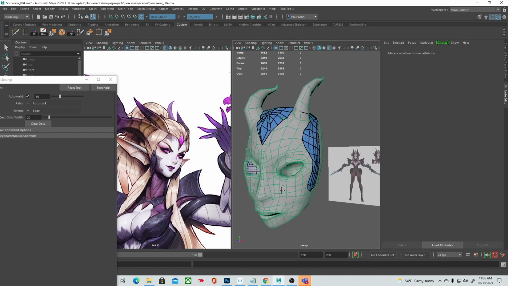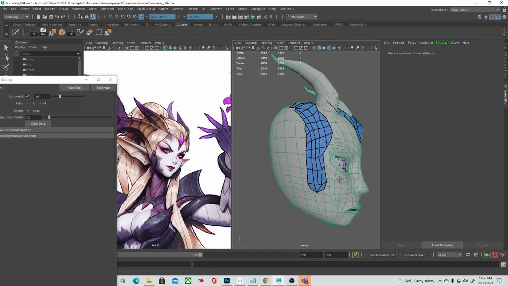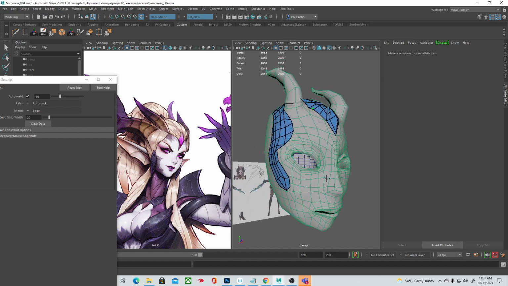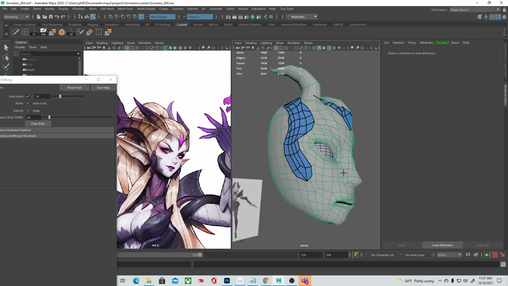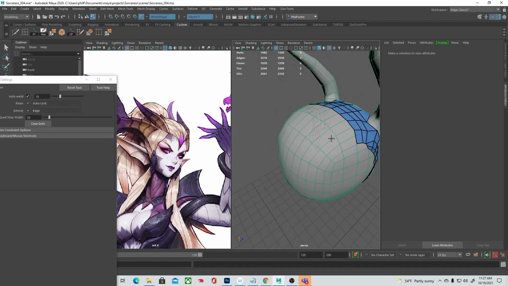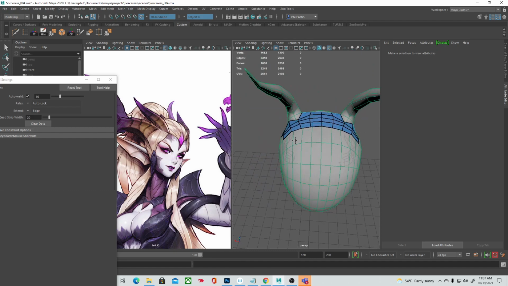Because this is eventually going to just sort of shoot off. And I think we can actually, yeah, we can do this too, so you can kind of move them around as needed. So you got soft select for these as well. Alright, that will be a nice sort of base structure for it. Come back in here and get the back end of the hair, which is going to be a lot, and